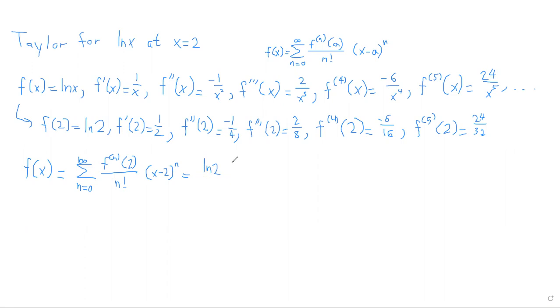Then f prime of 2 is 1 over 2 when n equals 1, times x minus 2 to the power of 1 over 1 factorial, minus 1 over 4 times x minus 2 squared over 2 factorial